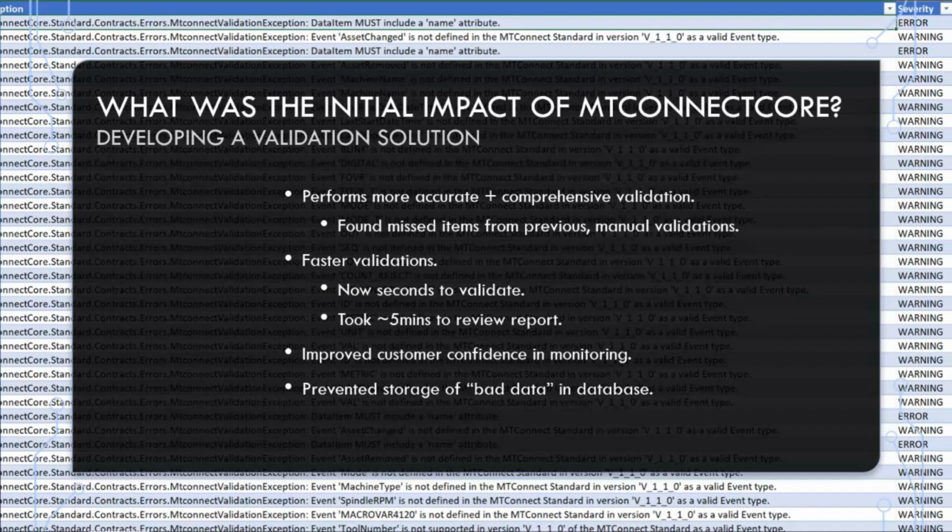And it also checked every single attribute that we at that point supported, which was categories, types, subtypes, units, a lot of the basic enumerations that are applied to data items and observations, but it also was able to create this report in a matter of seconds. I think it took longer to open up the Visual Studio debug session than it did to actually run validation.